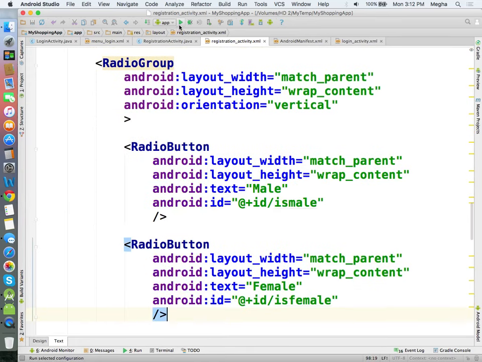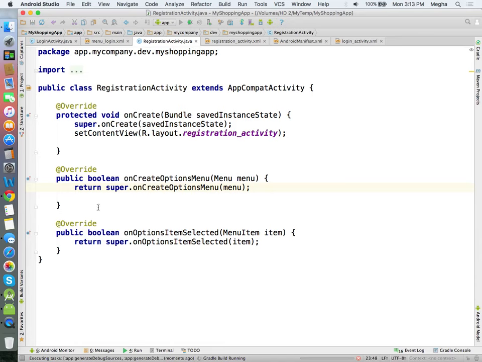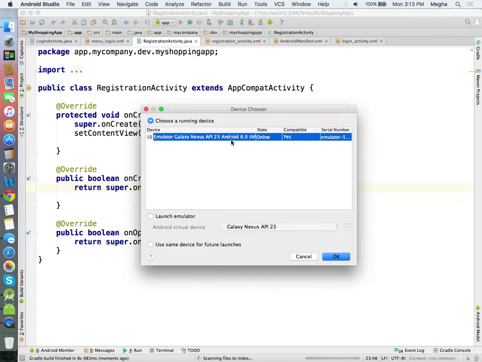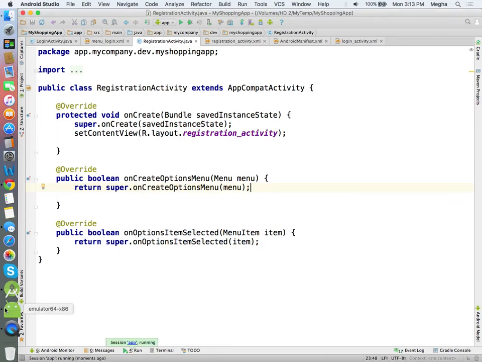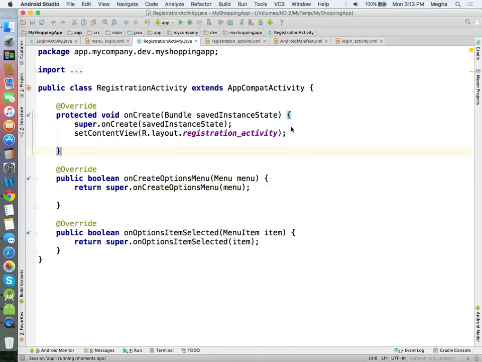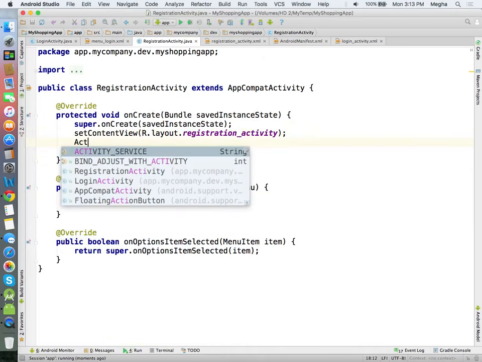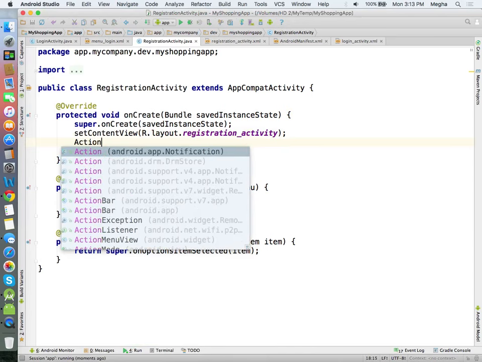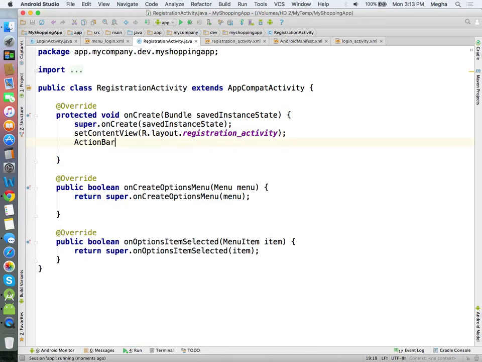So let us verify. Along with that, I would also like to add a menu system. Oh, I don't think we need a menu here, but maybe a back button. Let me implement the action bar. Be very careful while you create an instance of an action bar.